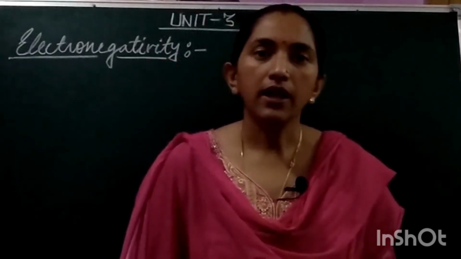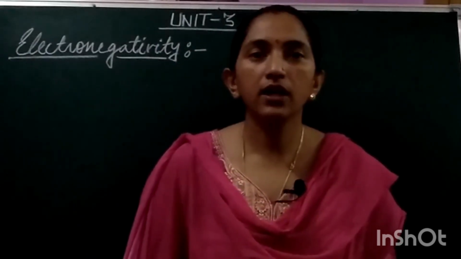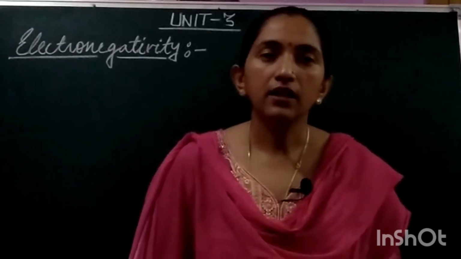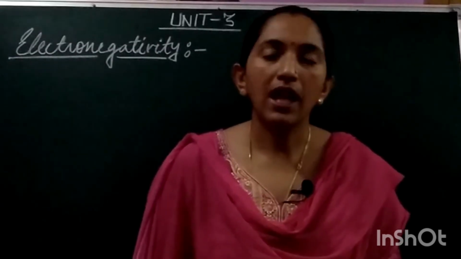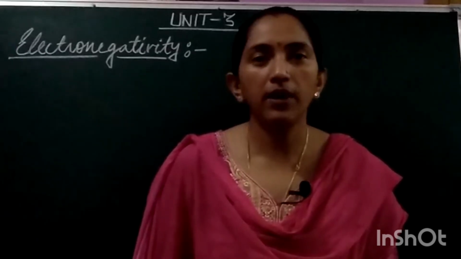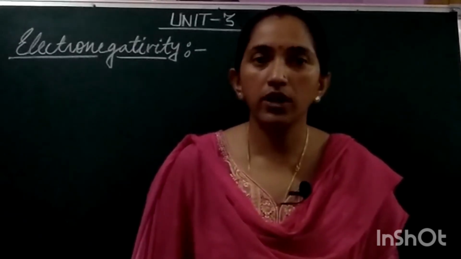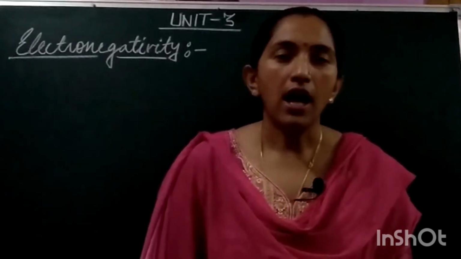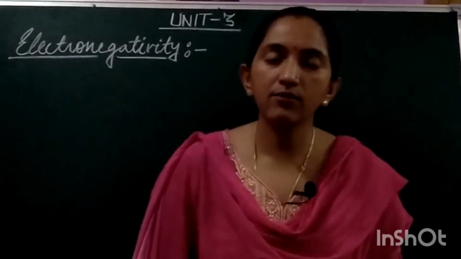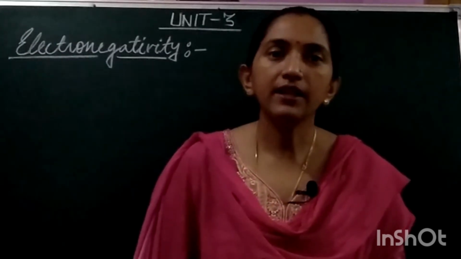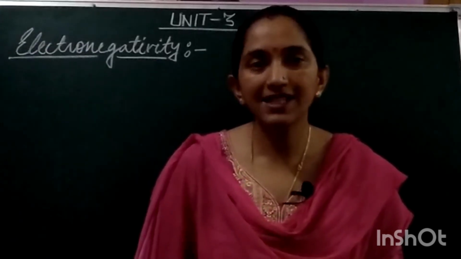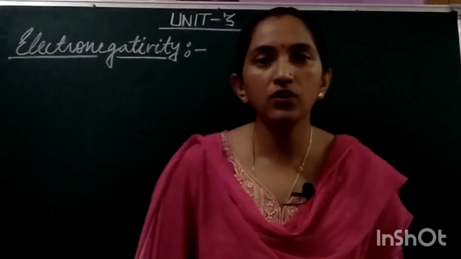the two heteroatomic atoms. Now, if it is formed between two homoatomic elements, in that case both atoms will have the same tendency to pull the shared electron pair toward itself. But if it is a heteroatomic molecule, in that case we have two different atoms of two different elements. In that case, their tendency to pull the shared electron pair toward itself will depend upon their atomic size and will also depend upon their effective nuclear charge.